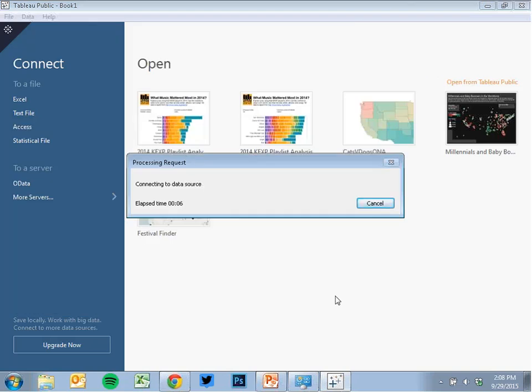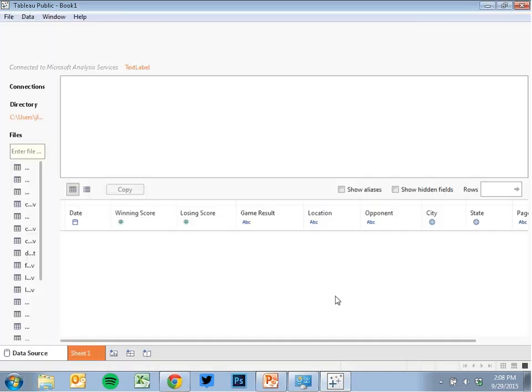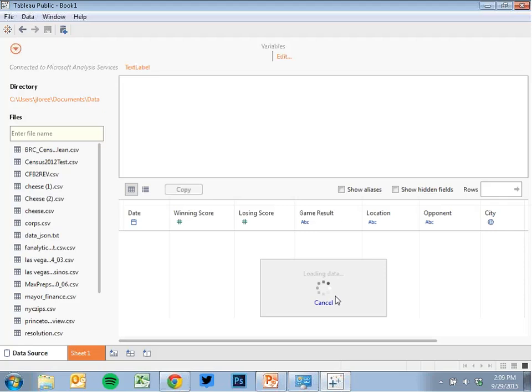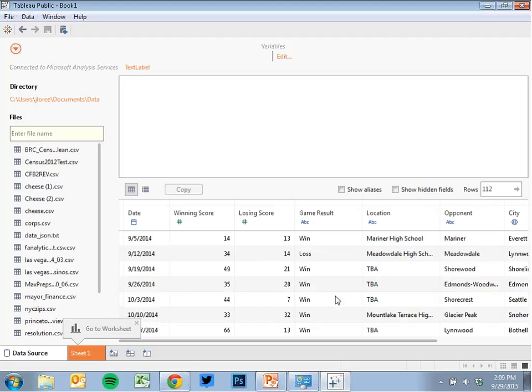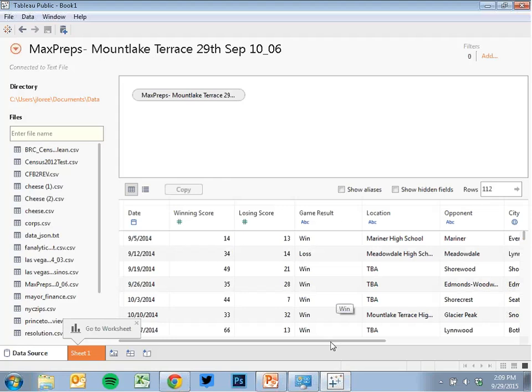So then Tableau loads all of your data into the software. Your computers are probably faster than mine because they won't buy me a new laptop yet. So it's really slow. Okay. So this is what our data looks like. So the data I got for you guys, and I have it on this thumb drive if anyone wants to play with it later or write a story with it.